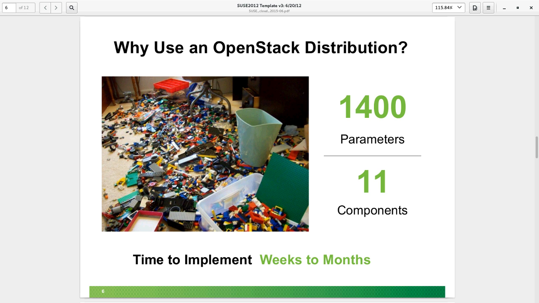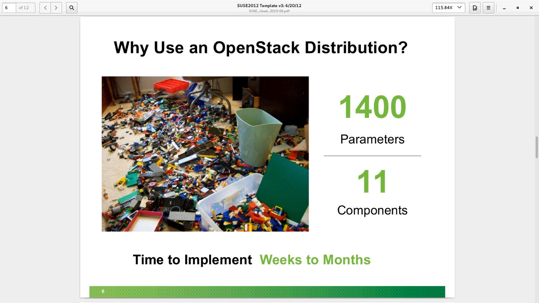You've got 11 components and increasing that you need to get working together. And we've had feedback from customers and partners that it can take weeks or months to get up and running, if in fact they can get it up and running at all. And analysts even talk about the need, if you're really going to do OpenStack on your own, you're going to have to go hire a fairly large team, build up the internal skills necessary to do that.